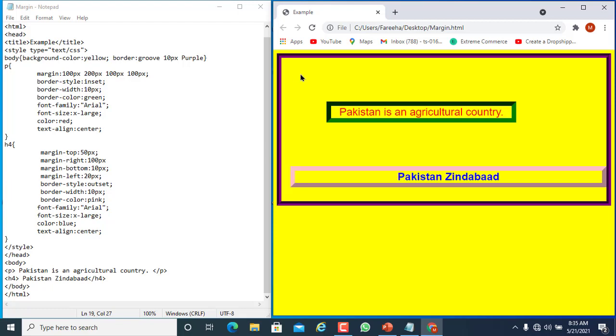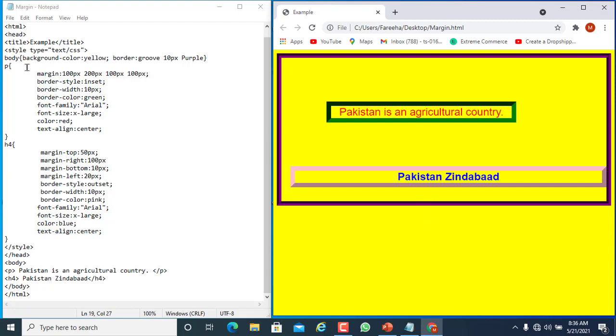Students, I applied background color here, you can see on the screen that I applied background color yellow in this program. You can also add a background image here by writing its URL here, and you can also specify the background position and background attachment here.